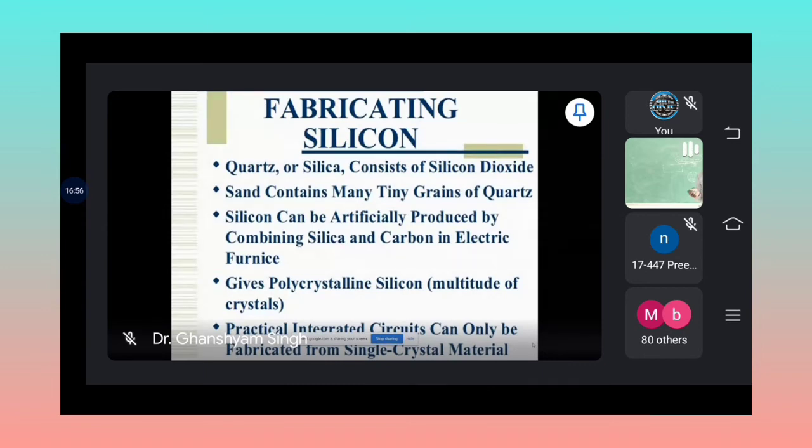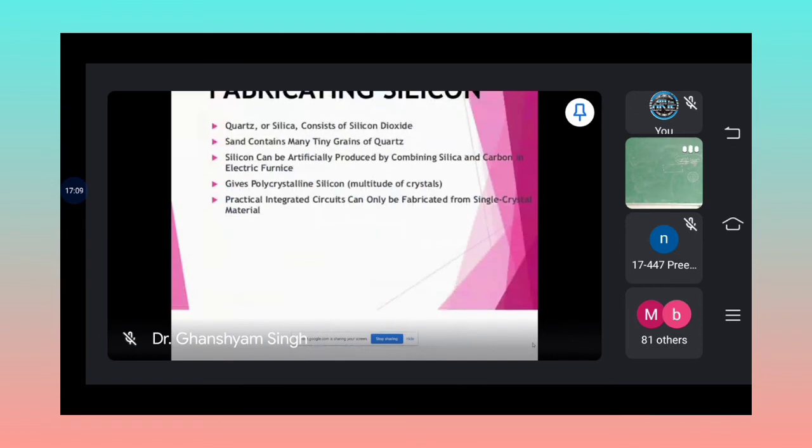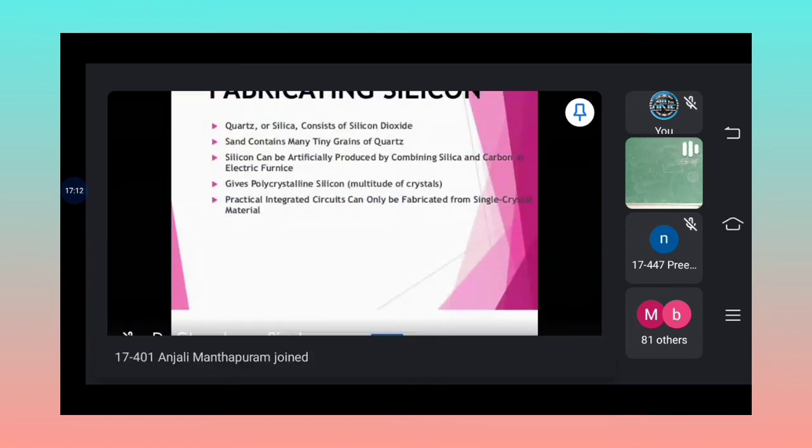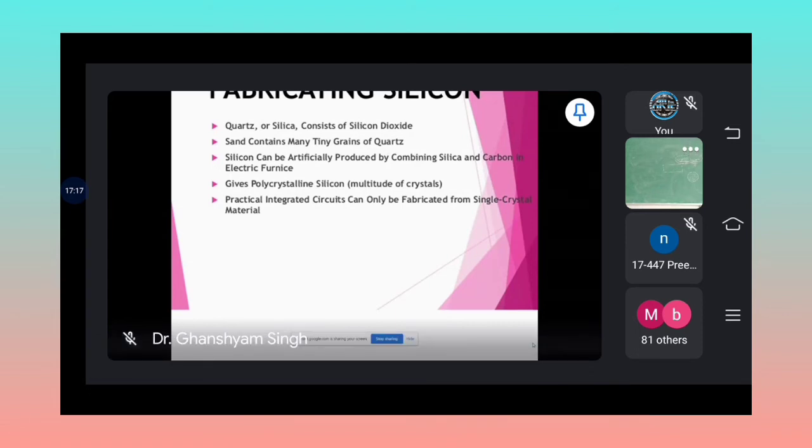Photolithography, photoresist. The first step in the photolithography process is to develop a mask, or you can say an optical mask, which will typically be a chromium pattern on a glass plate. Next, the wafer is coated with a polymer which is sensitive to ultraviolet light, or simply UV light. It is called photoresist. Photoresist materials are of two types: positive photoresist materials and negative photoresist materials.